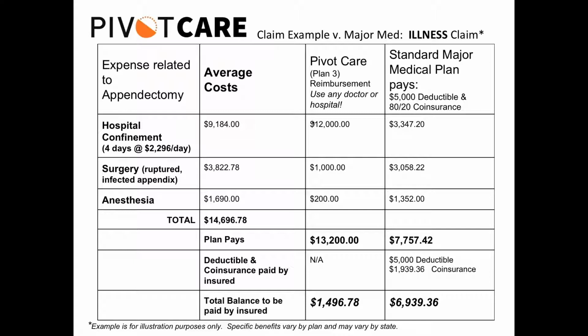I wanted to give you an example of a claims payout. With limited medical plans, people say, well, what if my hospital and my doctor was $50,000 and you're paying me $5,000? Well, you're going to have that big delta. Well, we took some examples of some claims, and the first one is an illness claim. So a person has an illness, they're confined to a hospital for 4 days. We're using an average of what the hospital would be per day. There was a surgery involved, anesthesia involved, and so you'll see the average cost for the actual claim came to